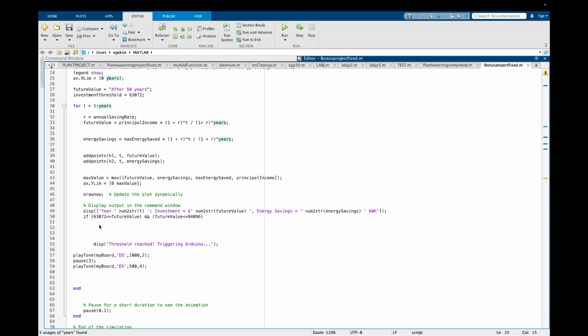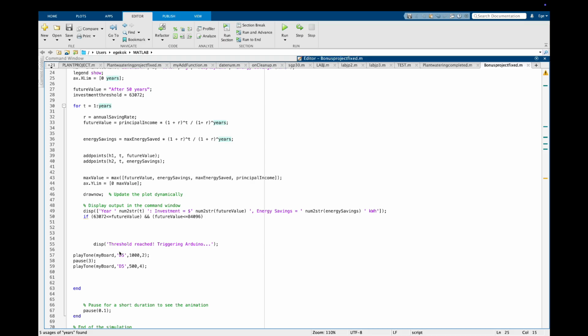So the if statements, and if statements in MATLAB help execute a block of code conditionally based on whether a specified condition evaluates to true or false. In my condition, it evaluates to true. And this is the maximum amount of money reached. Until the money invested reaches $84,000, it would pass $63,000, and as soon as it reaches $63,000, the Arduino board would be triggered,